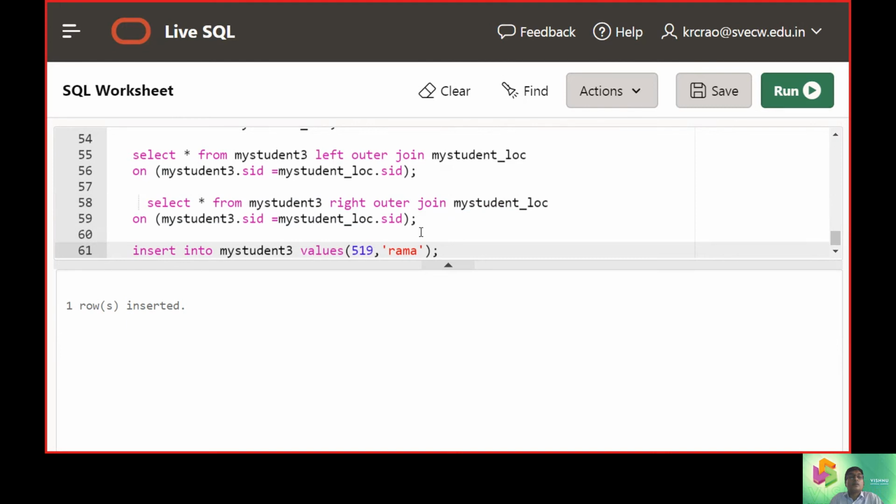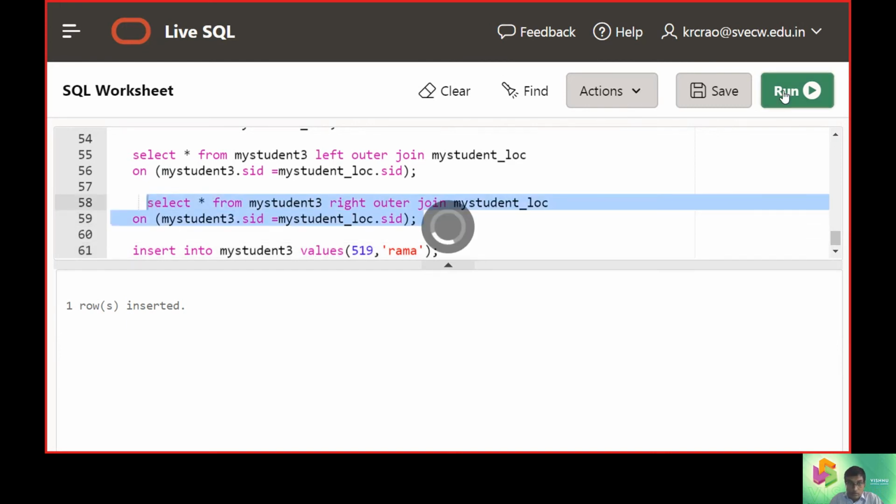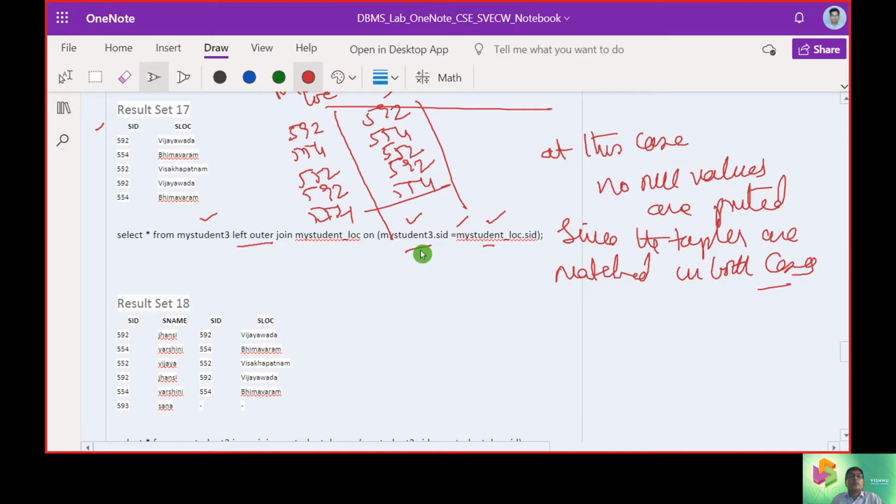Now we should get one null value. That is, we will put 519 here and a null value, a dash, on the other side.